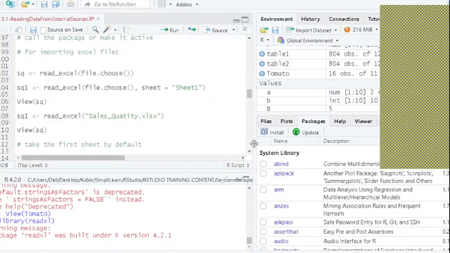Only import the sales_quantity file. Line only, write line number 102. Don't write line number 104. I will explain 104 as well shortly. First write line number 102